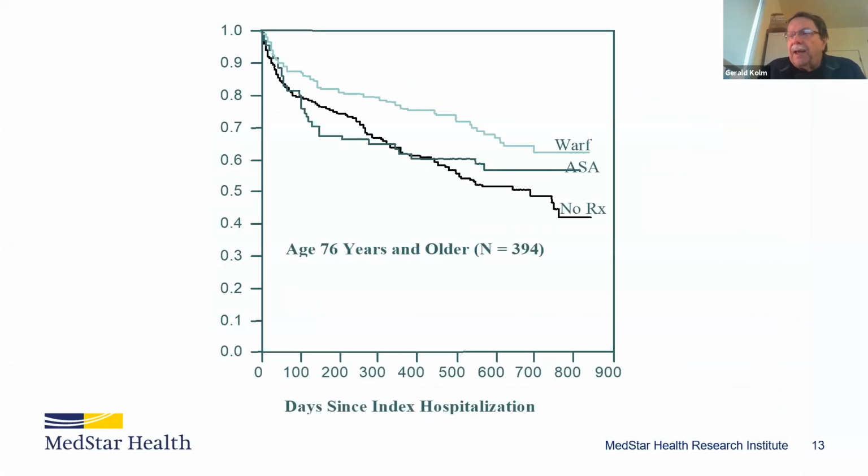Okay, so here's another example with 3 groups, warfarin, aspirin, and then no medication at all. And now you see we have a bit of a different pattern here in that these 2 survival functions, the no treatment and the aspirin, cross here. So when you see that in a graph, that means that the proportional hazards assumption is not the case. In other words, you have non-proportional hazards,